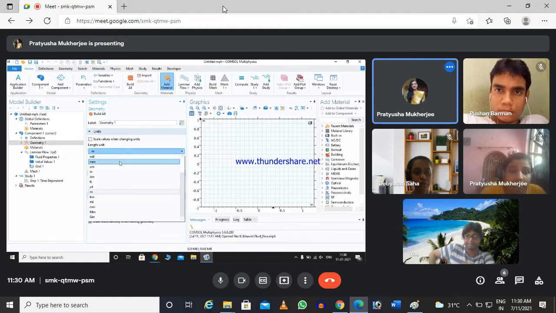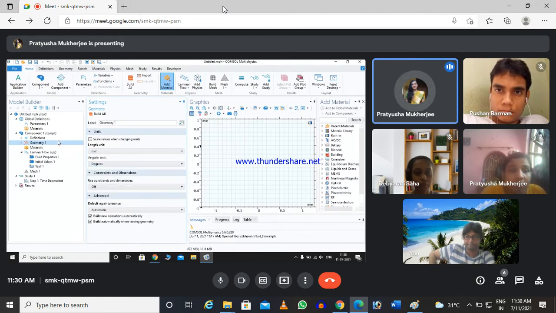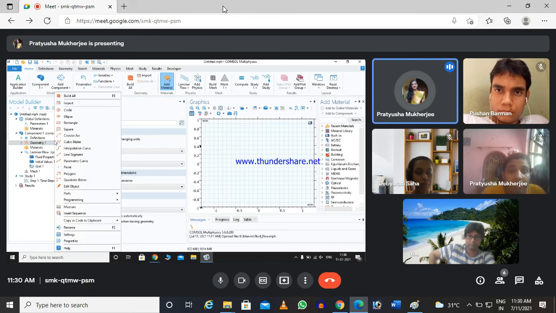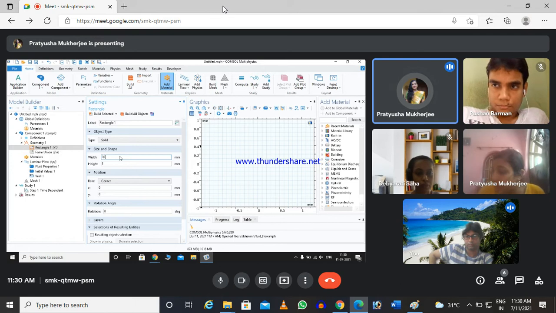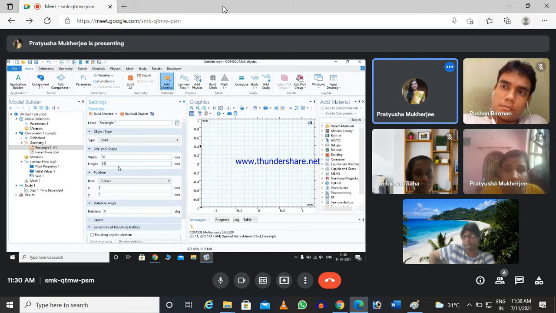Here first change the unit to millimeter, and then build the model. First we are building a small loop. Select a rectangle, with width 30, height 15, and x is 55.